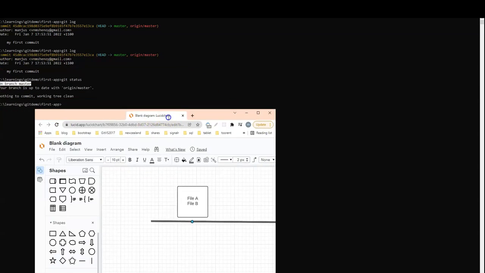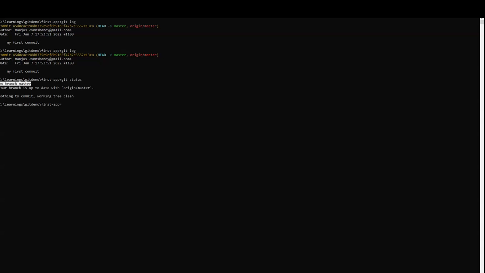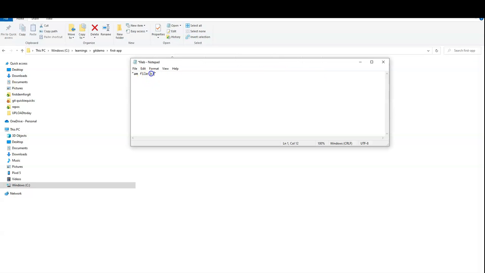So I will just do a drawing of this. Imagine there is this master branch, and we have our file A and file B committed on this master branch. Imagine this blue dotted line is a commit number. For the sake of this demo, I will make a small change to one of the files. So I will go to file B, and I'm adding file B version 1,